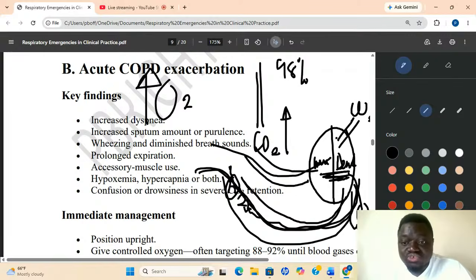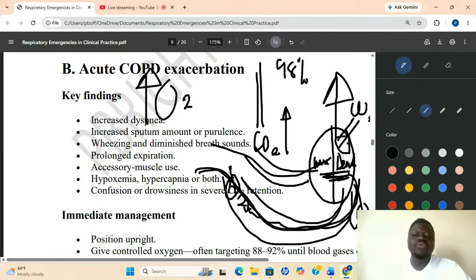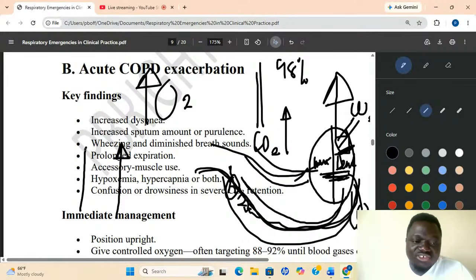Now the CO2 is trapped here. It cannot come out. The brain will detect it. Okay. Yes. Some of this CO2 will mix and still enter the blood. So you realize that their CO2 is rising. At the same time, the nurse is also giving a lot of oxygen to raise it. Okay. So what now happened?